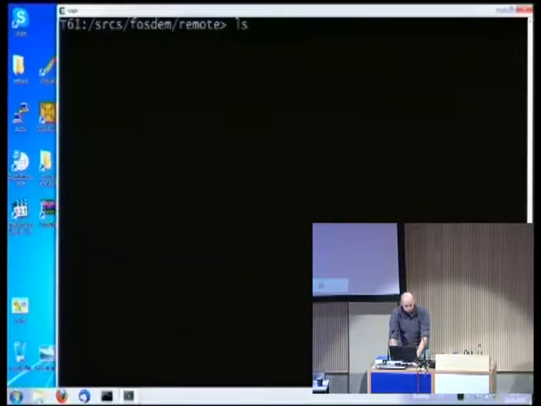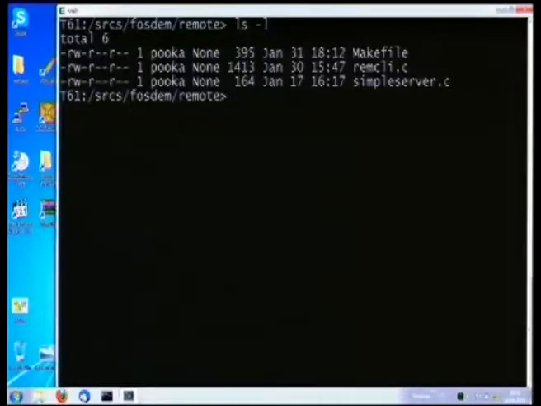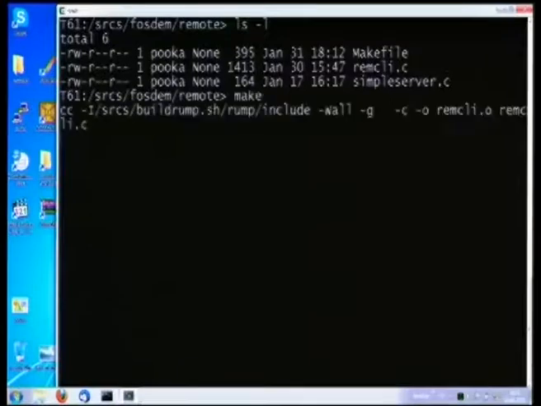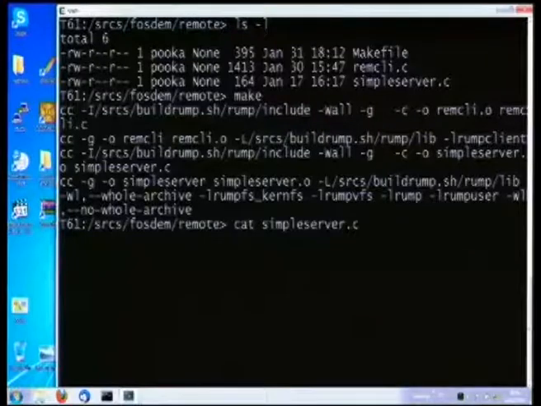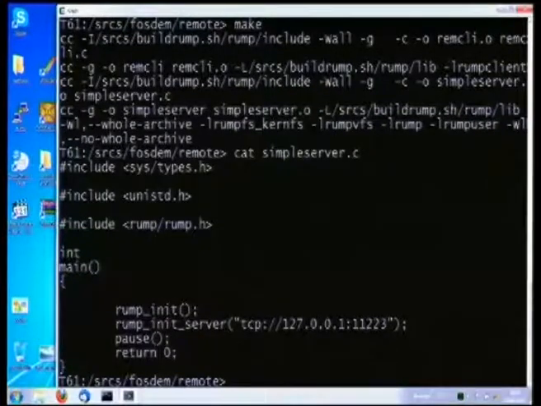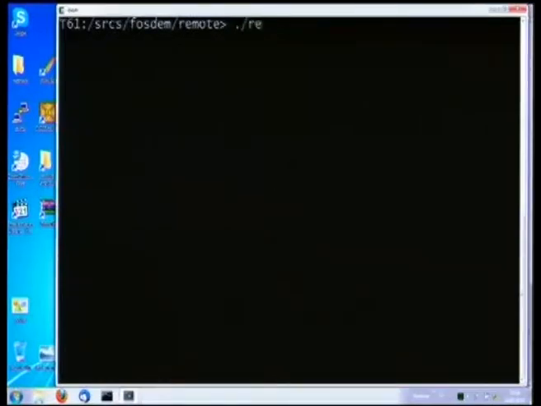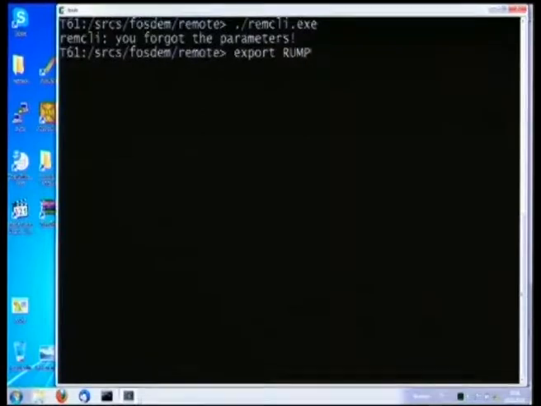Okay, so third demo. Everyone's still awake. So now this time we have two processes. We have a server process and we have a client process, and they're going to talk to each other. I'll just show you the code for the server because it's called simple server and it's really simple. So what it does, it bootstraps a Rump kernel. It initializes some listening address where the kernel is waiting for clients to send communications, and then it just pauses. So if we run that, then if we run the client, actually we need to tell the